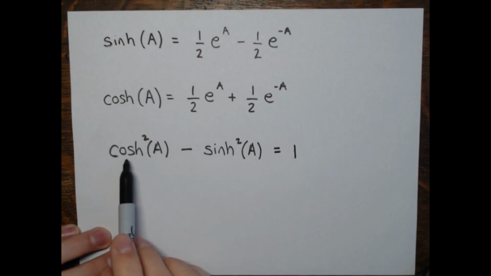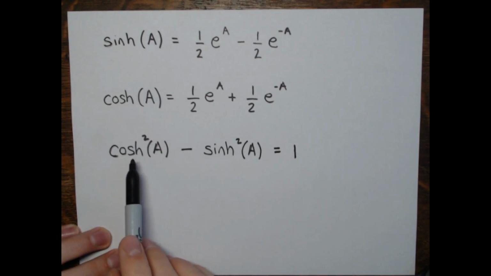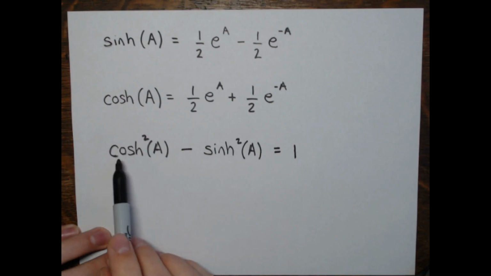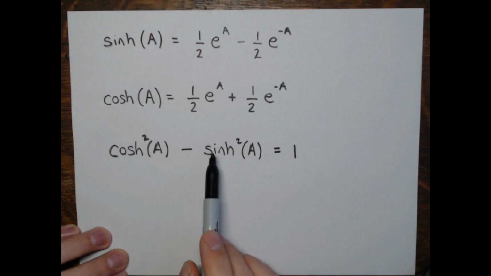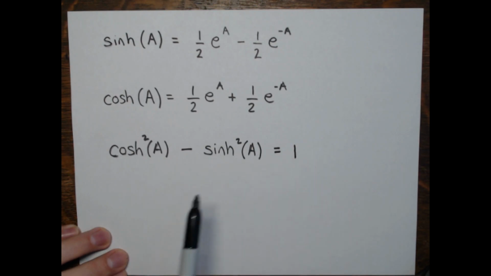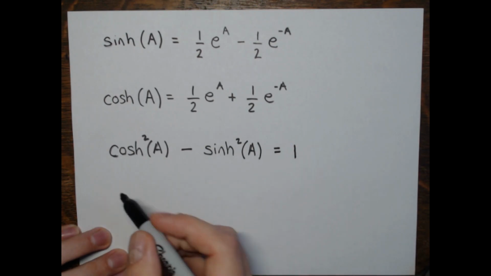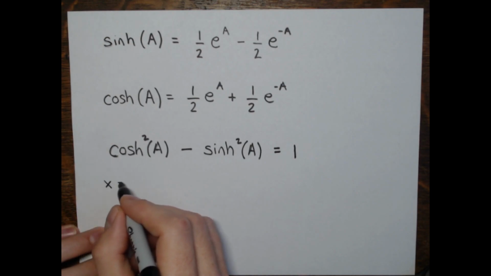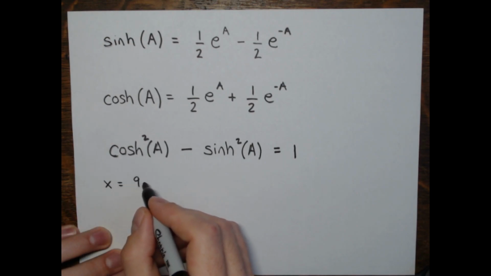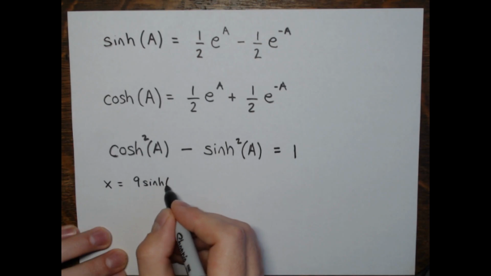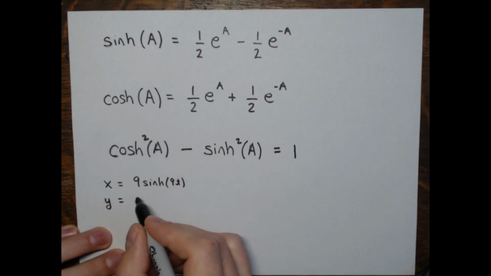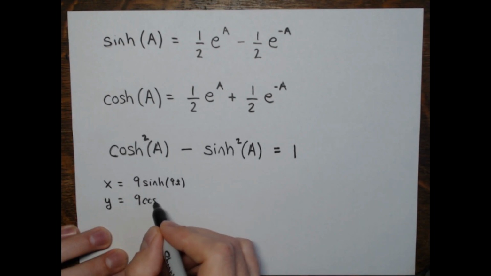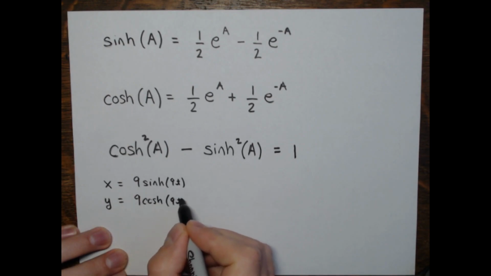For these hyperbolic trigonometric functions, it's hyperbolic cosine squared, or cosh squared, minus hyperbolic sine squared, sinh squared, equals 1. And so when we have x equals 9 times the hyperbolic sine of 9t, and y equals 9 times the hyperbolic cosine of 9t,